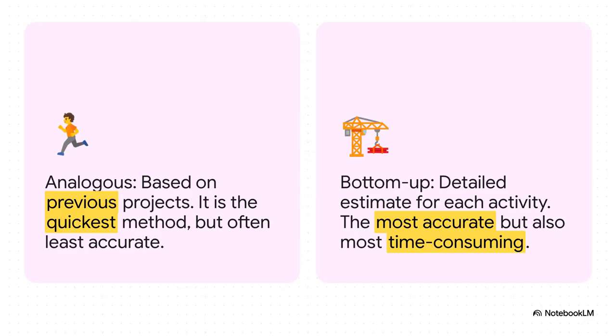Now let's talk about money. The budget is always a huge risk area, right? But what you really need to look at is how they came up with that number. Did they go for the quick and dirty method, the analogous estimate, which is fast but, let's be honest, not very accurate? Or did they do the hard work and build a detailed, bottom-up estimate? The choice they make here tells you a ton about how seriously they're taking this project. It's a clue about whether you can actually trust their numbers.